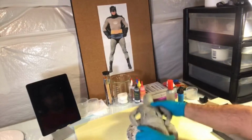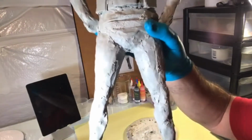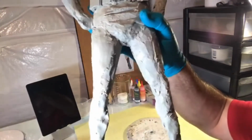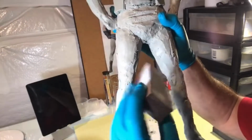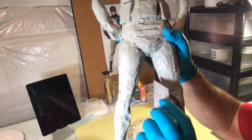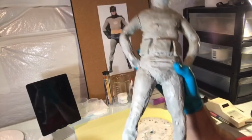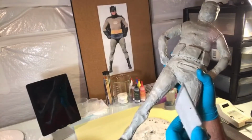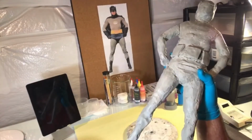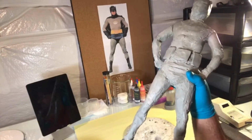But before I start sanding, I want to show you guys this real quick, kind of closer. See how rough the surface is right now on the sculpture? When you use your sand sponge and it's this rough, it will really destroy your sponge very quickly. And you know, the sponges are not cheap,